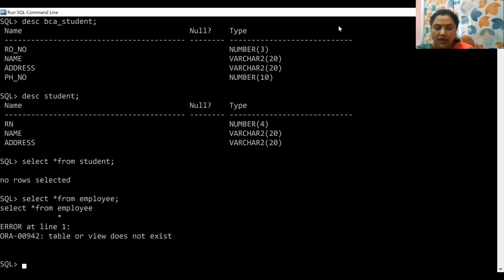Okay, let us insert some data inside it.